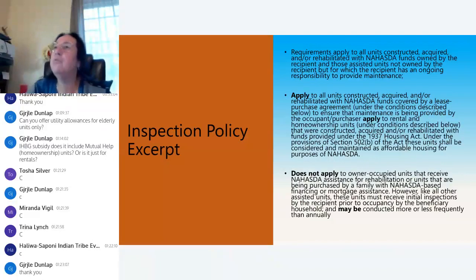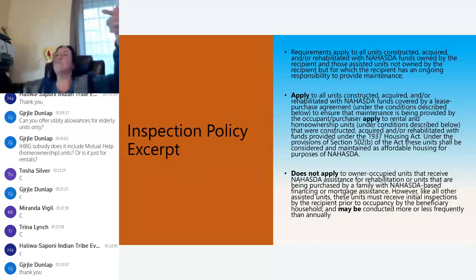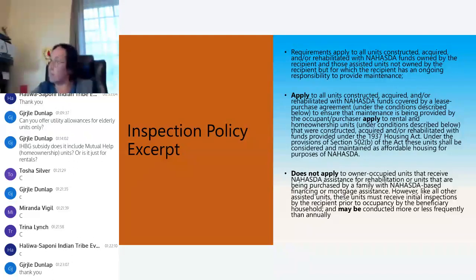Bottom line, your boots are supposed to be in every unit that you own on a yearly basis, even your home ownership, because until they complete their home ownership agreement, let's say a 25-year agreement, they're in their 23rd year and they breach it or they don't want the house anymore or whatever the reason, that house comes back to the housing and you have to bring it all the way back up to brand new. You are much better off going in there on a yearly basis, doing the inspection and making sure that